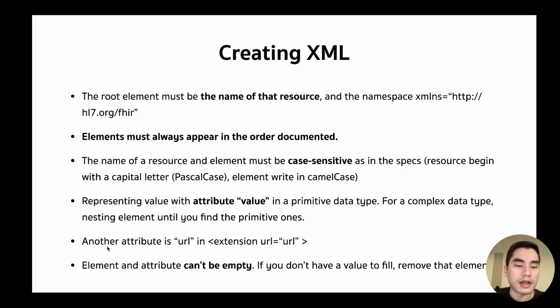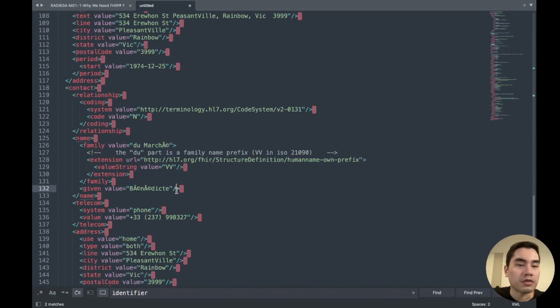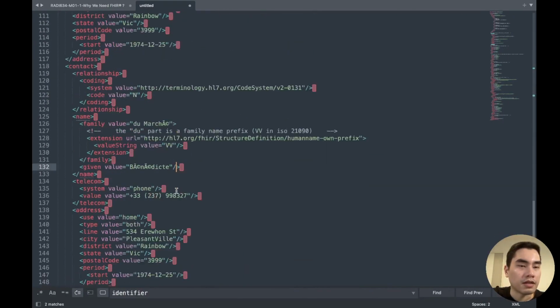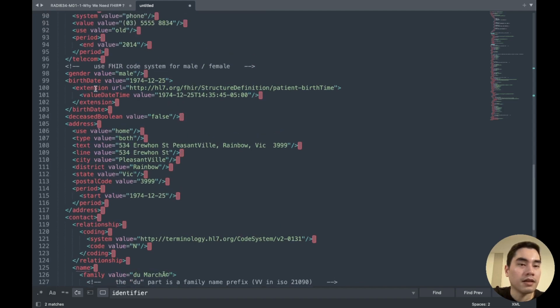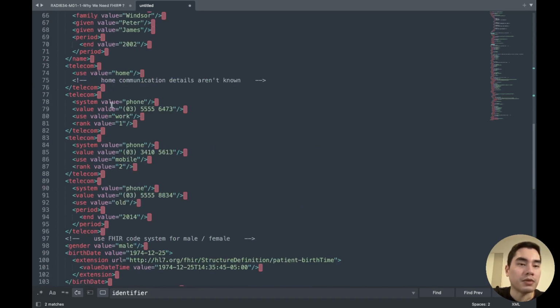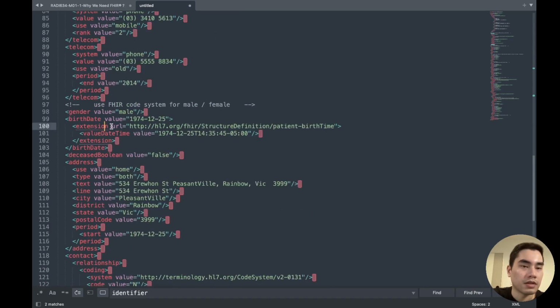And there is another attribute that maybe you can see used in extension. That is the URL. I will talk about it later in the extension section, but maybe you see here extension URL like this. So most of the time the attribute in the XML is value, but maybe you see this URL sometimes when you do the extension.